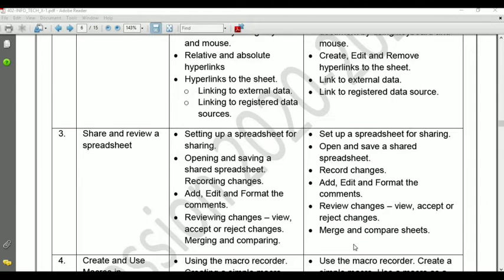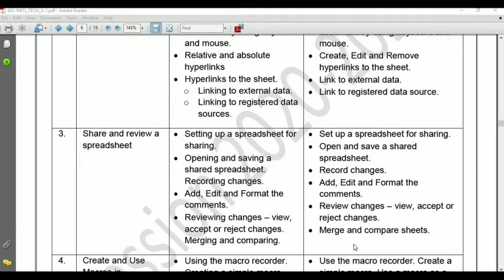These many topics we can understand with the help of two different softwares. We will understand first OpenOffice. After that, we will go to Microsoft Excel 2007 because some of the options are not given in Microsoft Excel 2007.